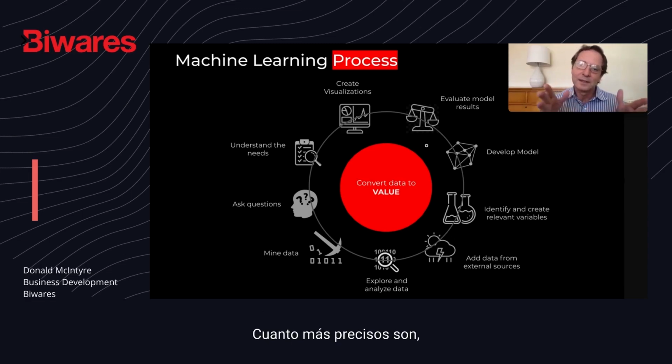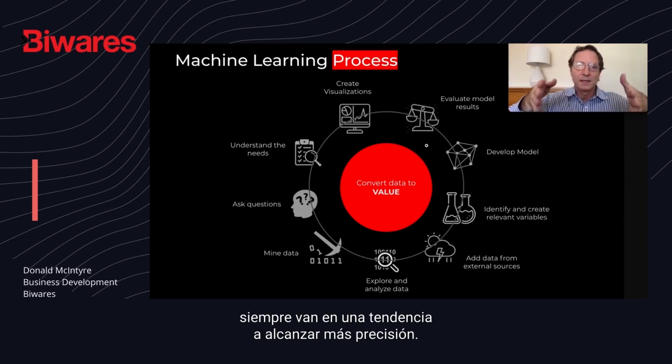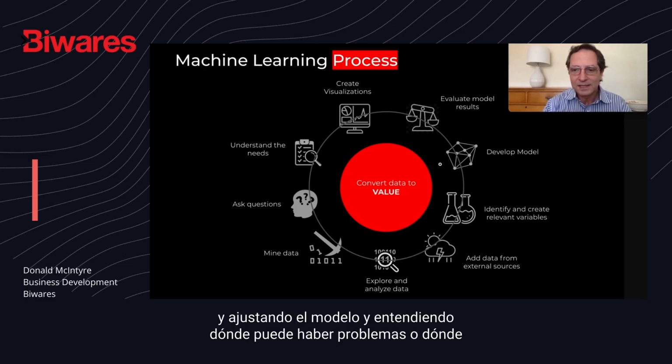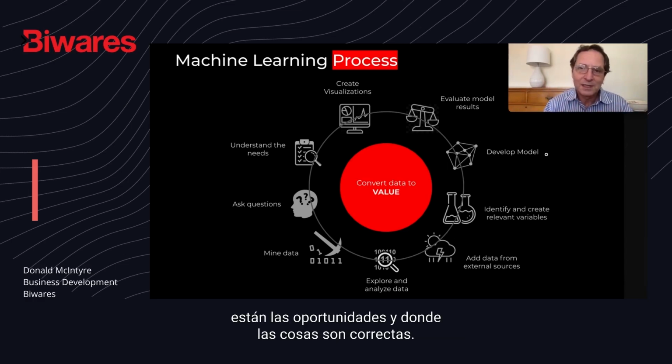They always trend toward reaching more accuracy. So the evaluation of the model and tweaking the model, understanding where there may be problems or where the opportunities are, and where things are correct, to emphasize those parts,